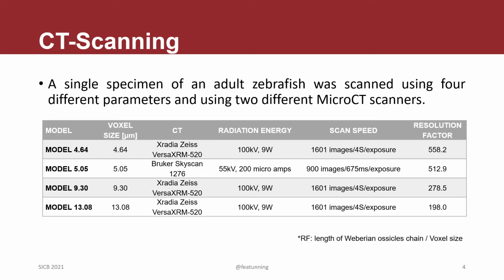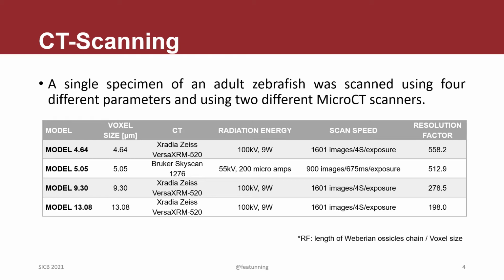A single specimen of the same adult zebrafish was scanned using 4 different parameters and using 2 different micro-CT scanners. The X-ray scanner uses proprietary interchangeable focusing optics that allow users to locate and scan small subregions within the specimen. This is followed by seamless digital stitching of multiple scanned subregions. On the other hand, the Bruker SkyScan scanner is more cost-effective and time-efficient, using lower radiation doses and producing lower resolution